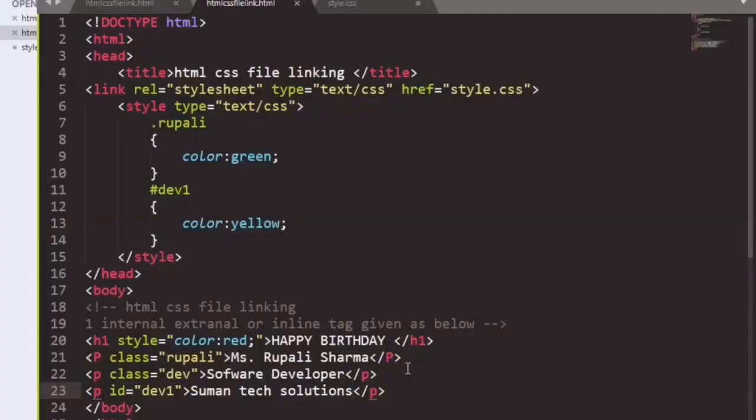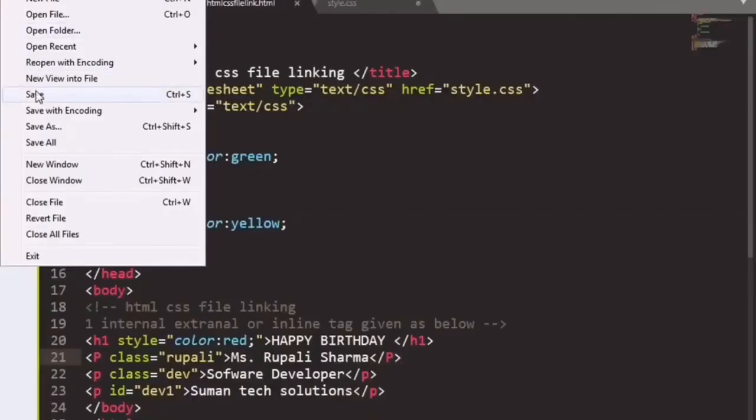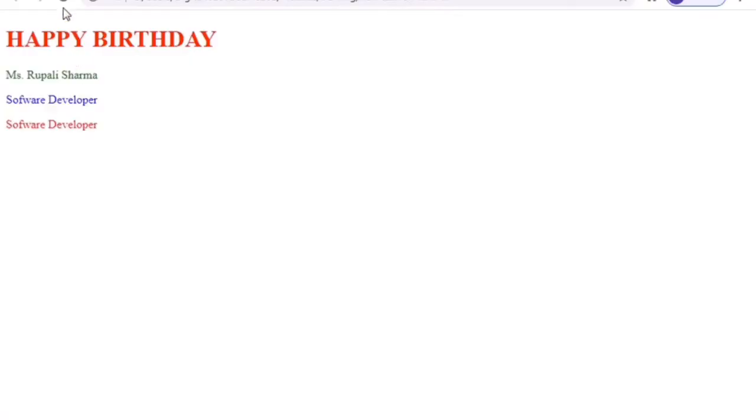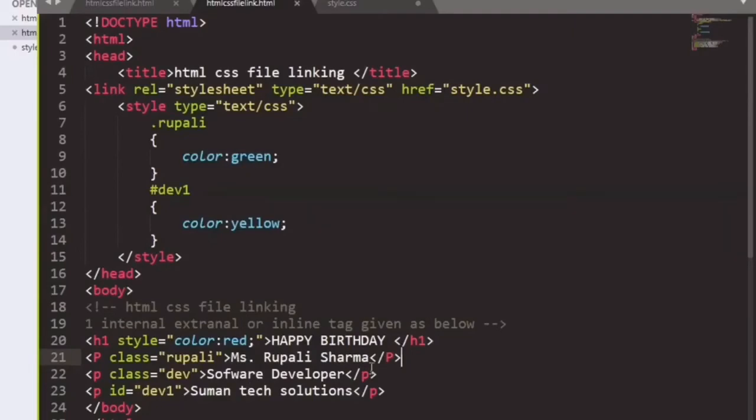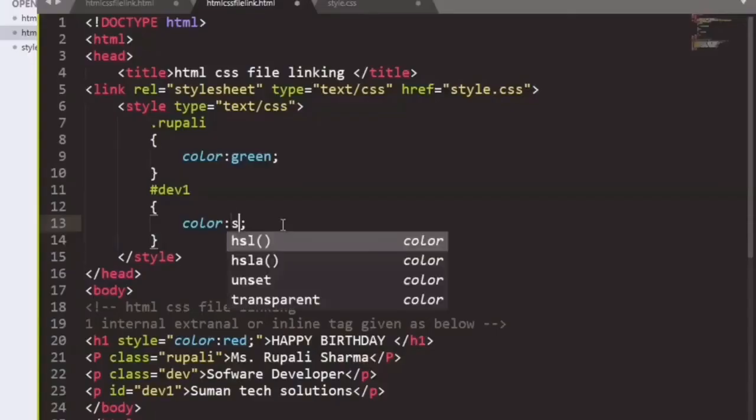Save the file, go to the browser, and we will check the outcome, that is printed in yellow color. That is our id, that is yellow.